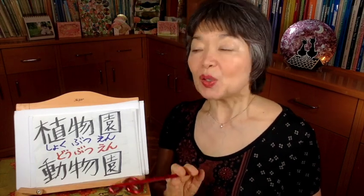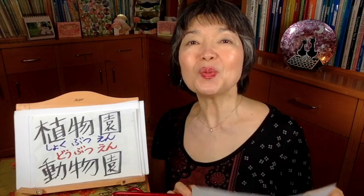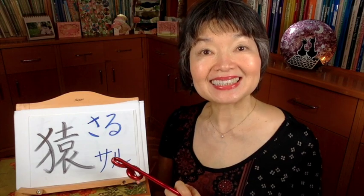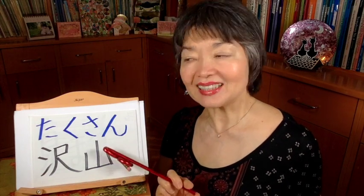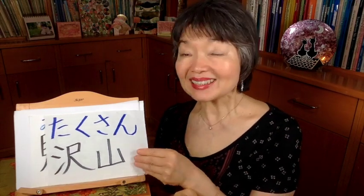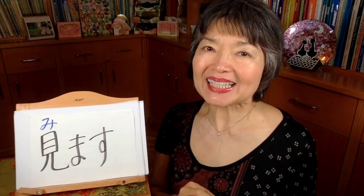So not specifically numbers, but many monkeys. 動物園で, till here the same. In the zoo, 動物園で猿, monkey, 猿を, now the many, a lot, the quantity, たくさん, it means a lot or many. たくさん見ました, the past tense of 見ます. 動物園で猿をたくさん見ました。